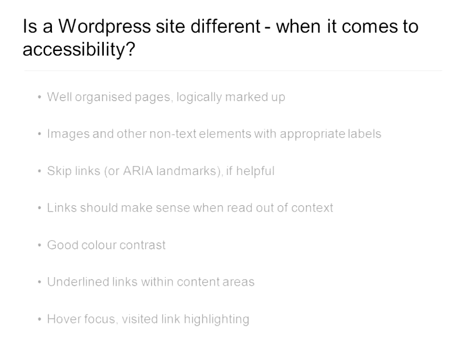Images and other non-text elements should have appropriate labels. Sounds simple, but sometimes in practice it can be very difficult because we've got to think of the function of the image. So an example would be if it was a submit button on a form. If it's an image, the text label should say submit. It shouldn't say this is a button. If it's an image which has got content on it, which is important, the text label should describe the content. If it's a text image which is a link which goes to another page, the text image should say what page it goes to. So you've always got to think about the label and what the function of the image is. Next one, skip links.